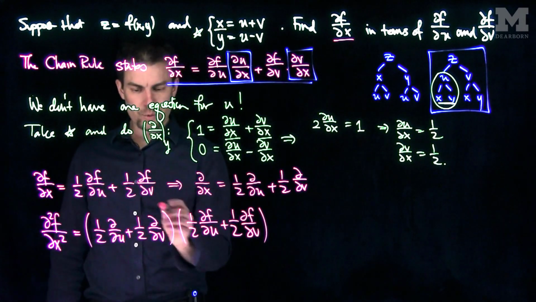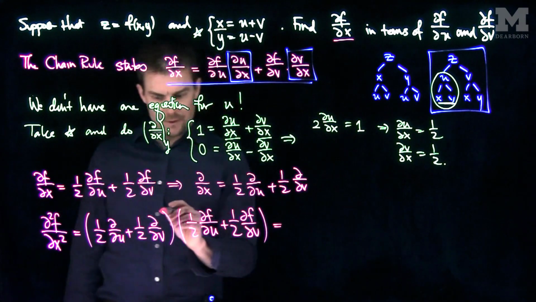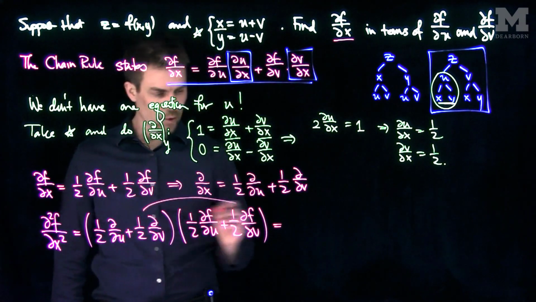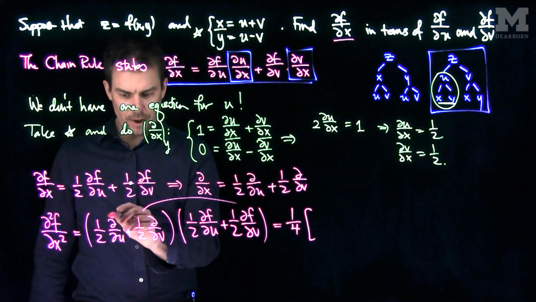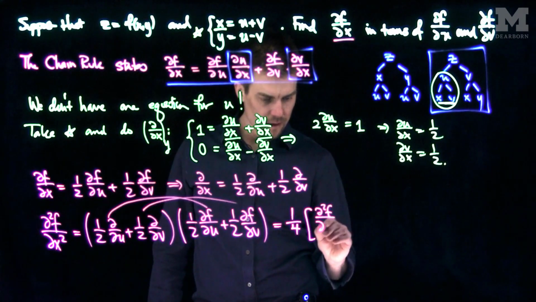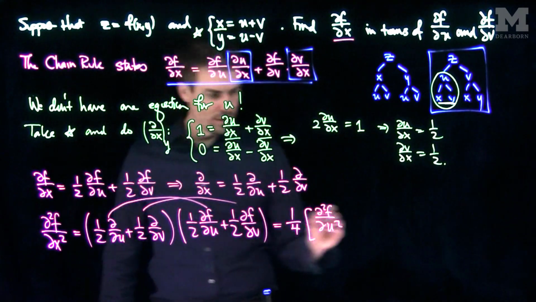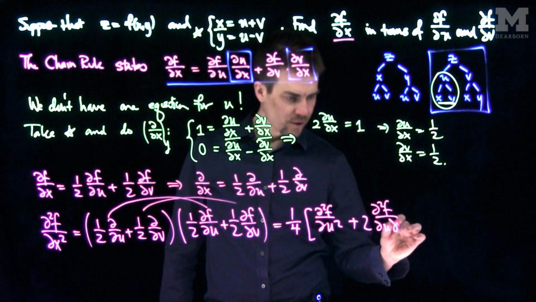And so now we have to essentially FOIL this out. Everything's going to have a 1/4, so let's pull that 1/4 outside of everything. And then I'll have a partial squared f partial u squared, 2 partial squared f partial u partial v,